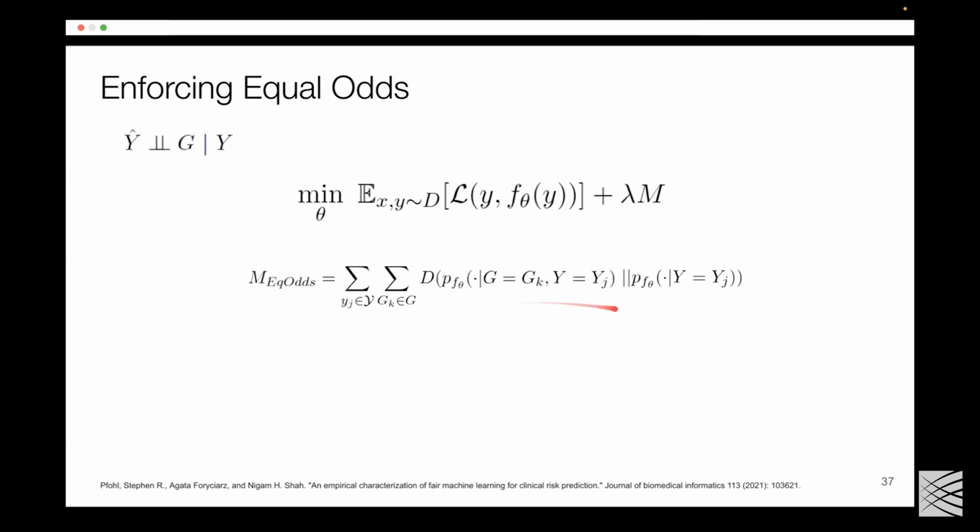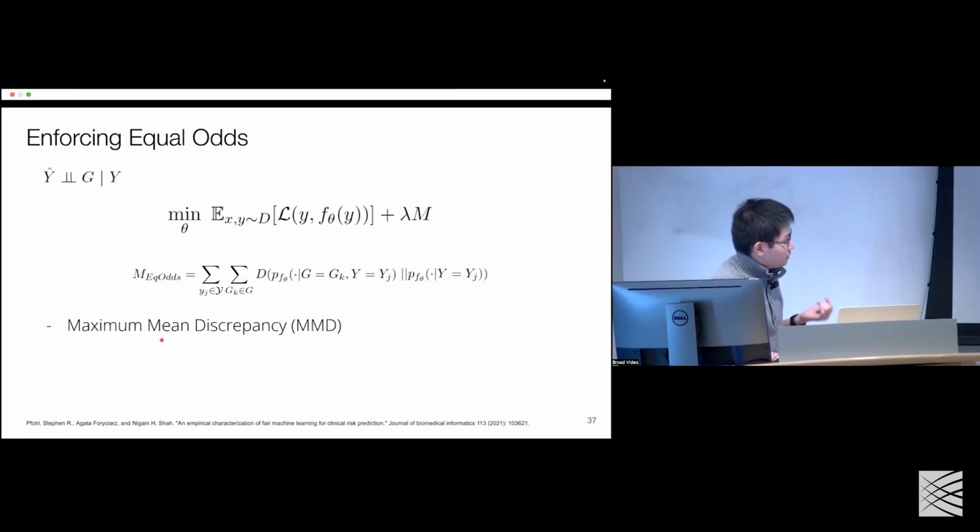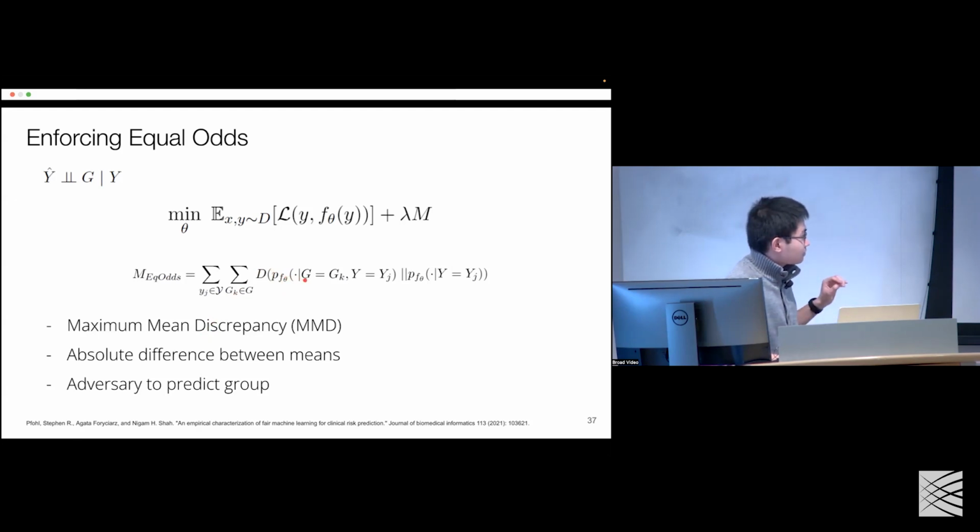And so here's one such regularizer you could use, which essentially sums over all the possible y's. There are two y's, and then all their groups, and then regularizes some distance metric between your distribution of y hat for that particular group and the margin. Okay, for this distance function, you could use something like MMD. You could use just the mean between the two groups, which corresponds to the probabilistic equalized odds, or you could use an adversary, which predicts what the group value is given some criteria. And so all of these methods correspond to other methods that people propose in the literature,